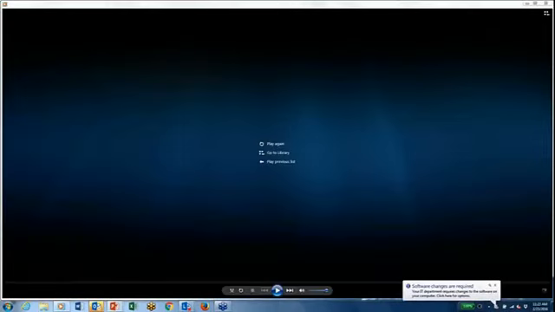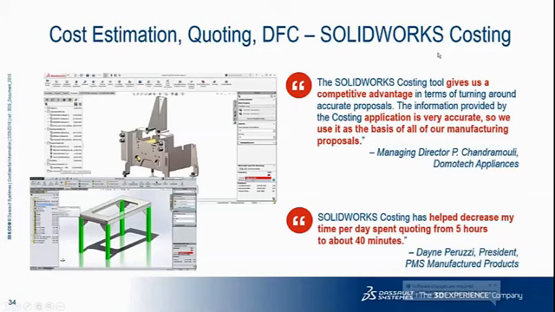So costing is a great way of looking at your design, trying to get what I call a should cost on how much it should cost to make your part, and then saying, how can I take cost out of it? You know,